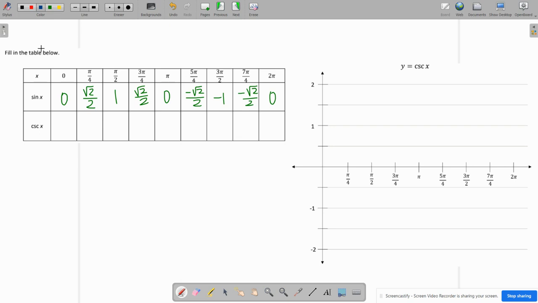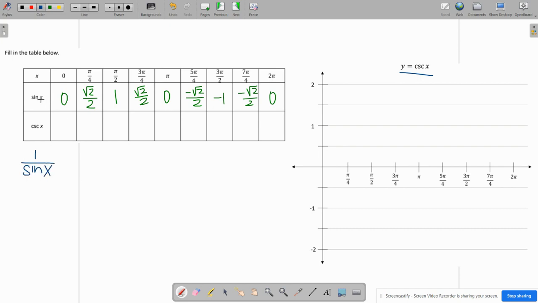In this tutorial, we are going to graph secant and cosecant functions. So we're going to start with cosecant, and you can see I have a table here where x just gives a different variety of angles around the unit circle, and then we have the sine of those angles that is already filled out. So remember that cosecant of x is equal to the reciprocal of sine, so 1 over the